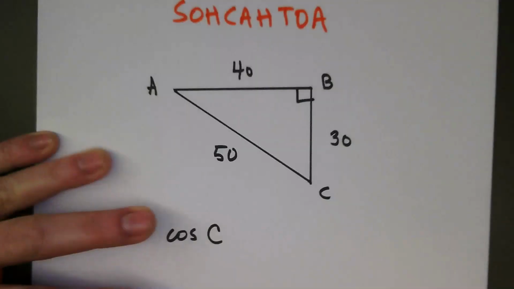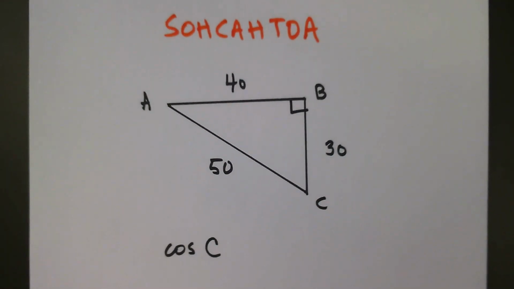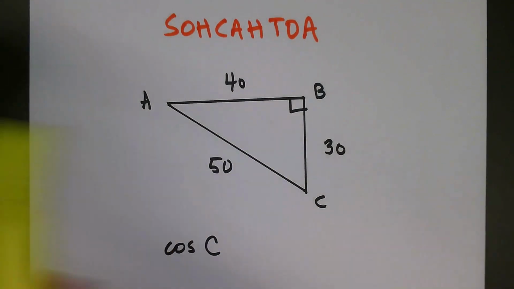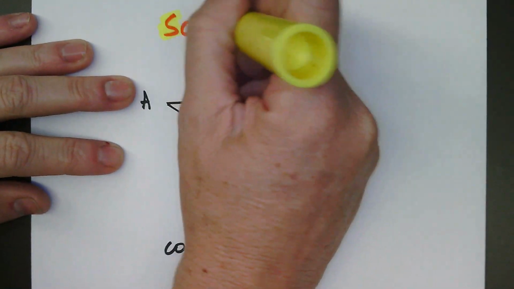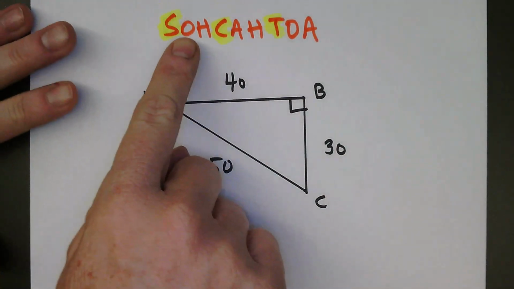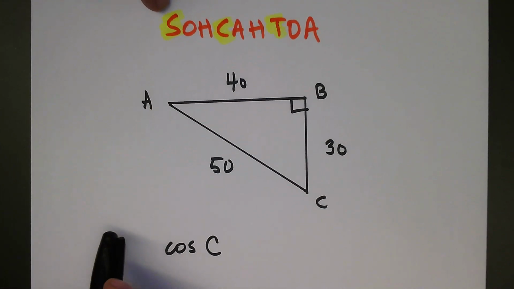This is a made up but very common, very useful mnemonic that we use in trig, and it's going to help us determine what the ratios are for sine, cosine, and tangent. So the S, the C, and the T stand for sine, cosine, and tangent, the three trig ratios we use in Integrated 2. The O, the H, and the A stand for opposite, adjacent, and hypotenuse. And so what it's doing is it's telling you what two sides make up each ratio. The sine is the opposite over the hypotenuse, the cosine is the adjacent over the hypotenuse, and the tangent is